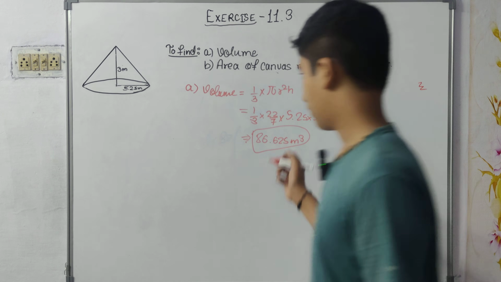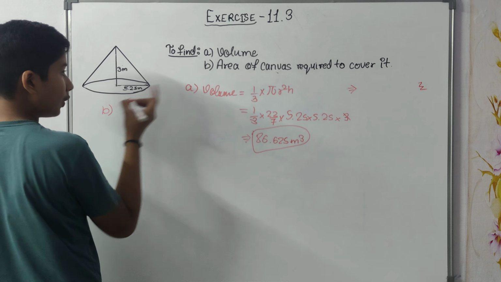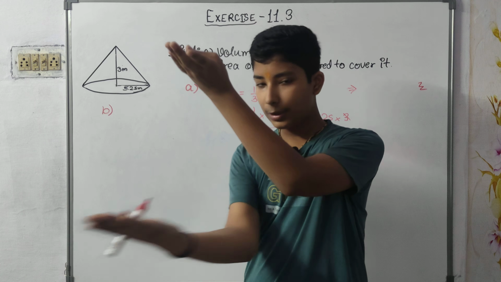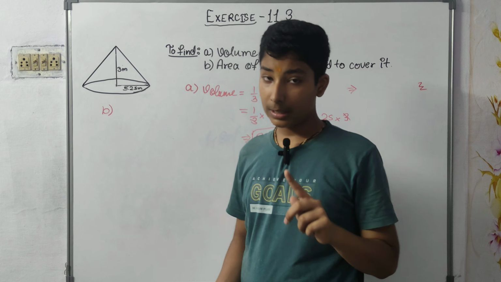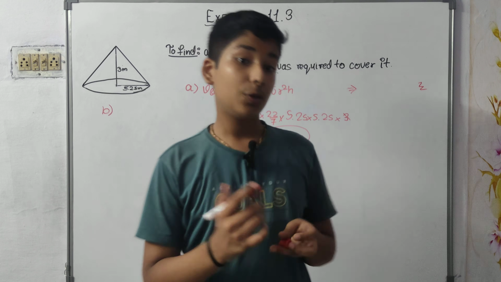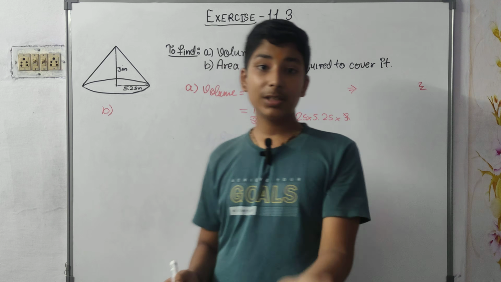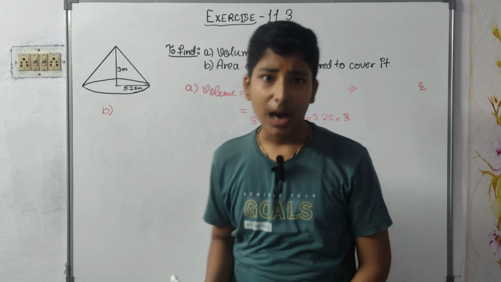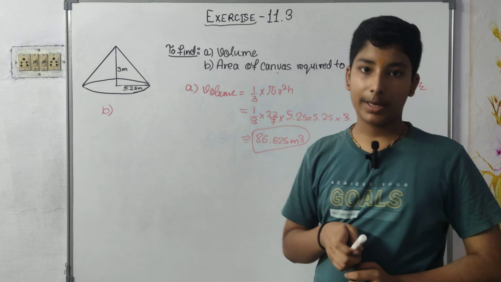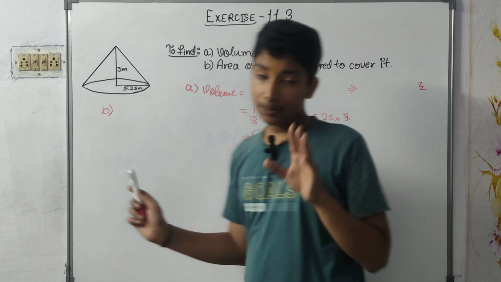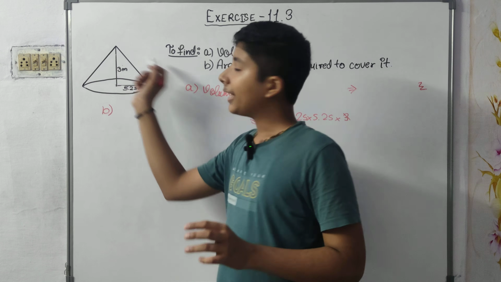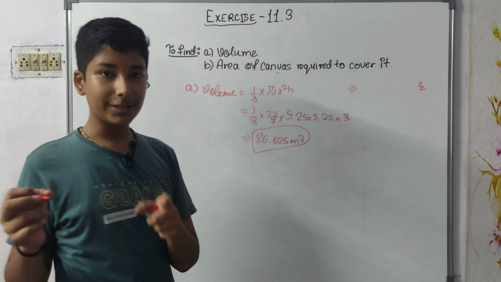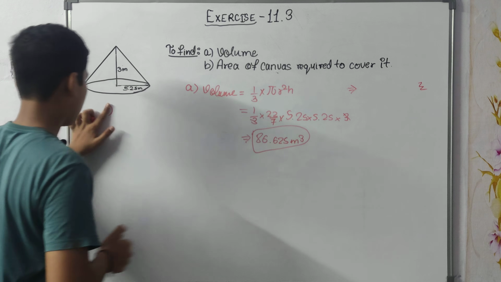Okay, now we have got the volume. What will we find out now? We'll find out the area of canvas. Now we know that we cannot take the heap in our hands, put the canvas down and then keep it again. If we could do this, we would have just taken it on our hand and taken it inside our home. But we cannot carry it on our hand. That's why we are covering. So the base won't be covered. We will just cover the edges, or you can say the curved surface area.